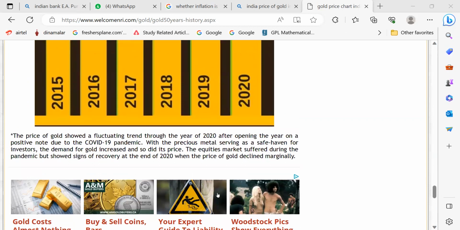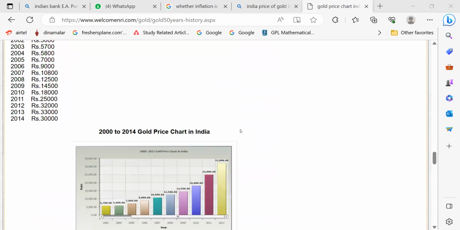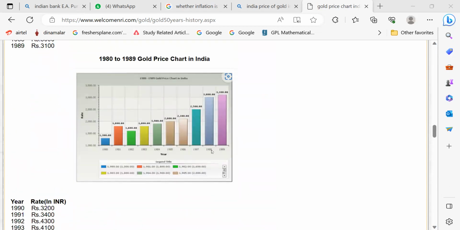Today, I think it must be something more, nearing 5,000 per gram, 22 carat. In gold, you have 18 carat, 22 carat. Anyhow, this is the effect of inflation. I have given you some idea about inflation. We will stop this with this and go to our